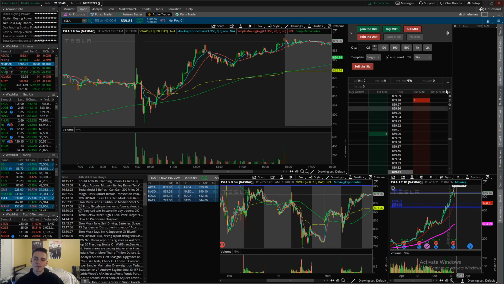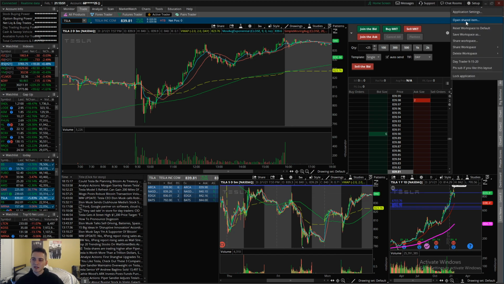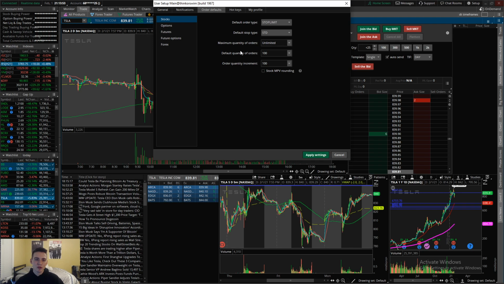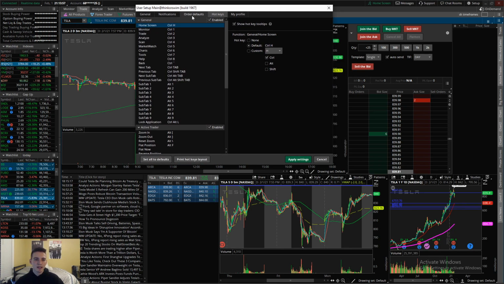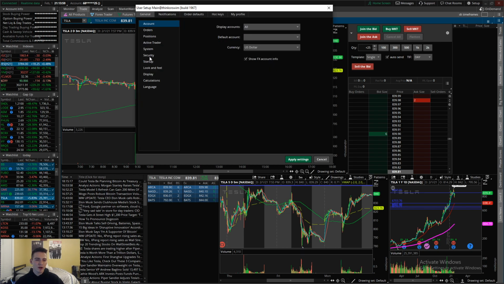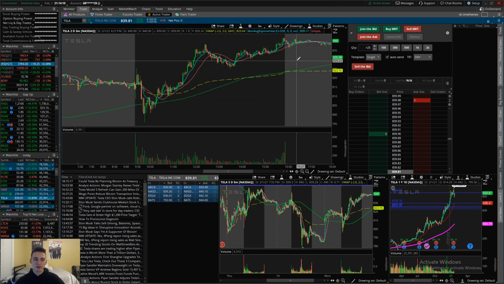There are some more things I could get into. In your settings, you can have your hotkeys set up and use that instead of the buttons over here. You should want to make sure that you have active trader. You definitely want your limit here to be 0. I have this set as every 3 seconds. There's certain settings here that you can tinker with as well, and you want to have set for day trading